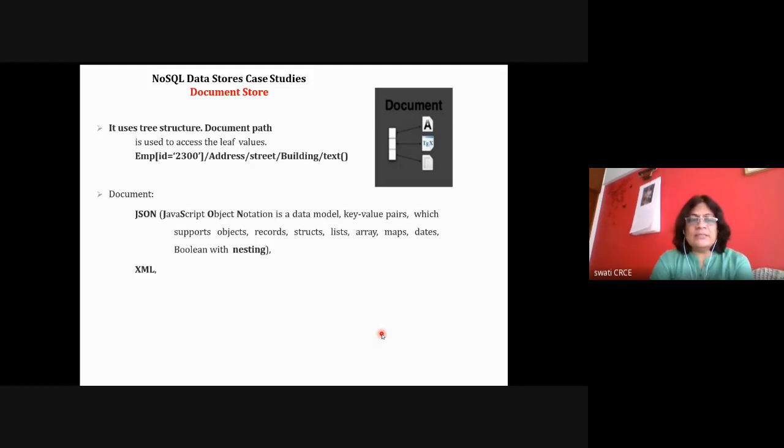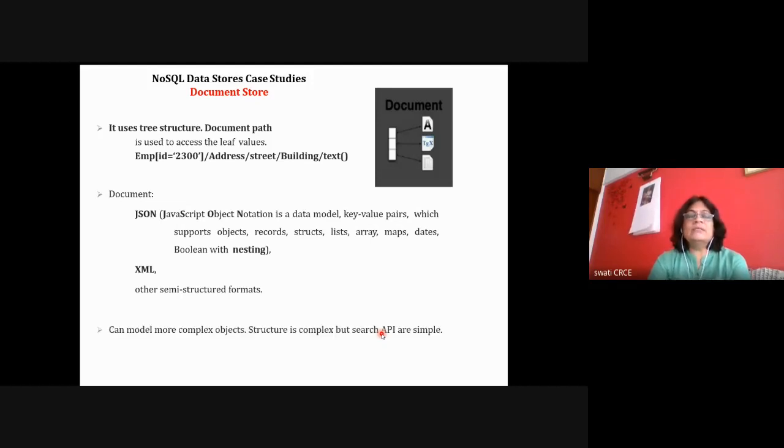Or it can be an XML document, or any other structured document. So what we are talking about here is that a document is represented in the form of a tree structure starting from the root node to the leaf nodes. All the elements can be represented in the form of a tree.